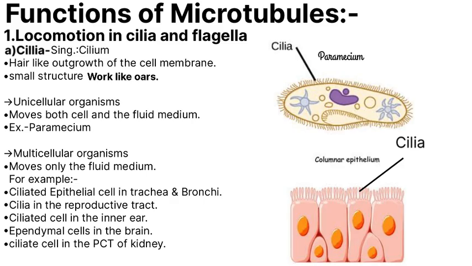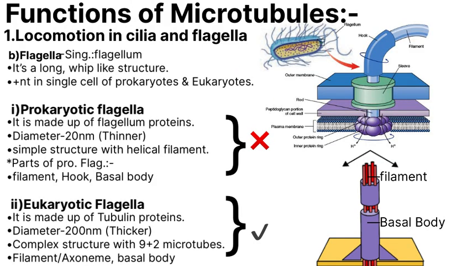But hey, you don't need to go that far for now. You can remember the example of paramecium. That's the classic example given in your NCERT as well. And one thing you should all remember, that cilia cause the movement of either the cell or the surrounding fluid. In prokaryotic cilia, they are responsible for moving both the cell and also the surrounding fluids. But the eukaryotic cilia are only responsible to move the fluid, to move the medium around it, not the cell.